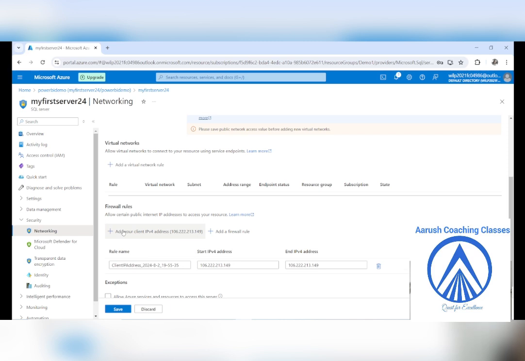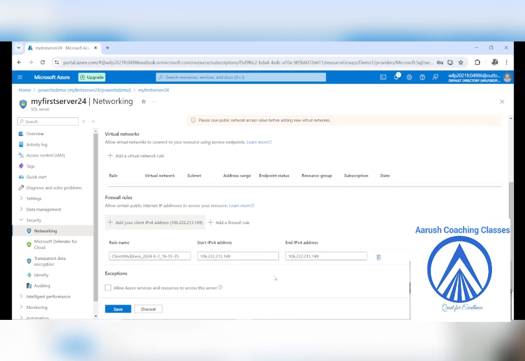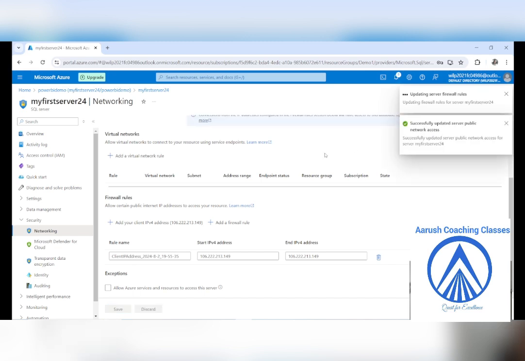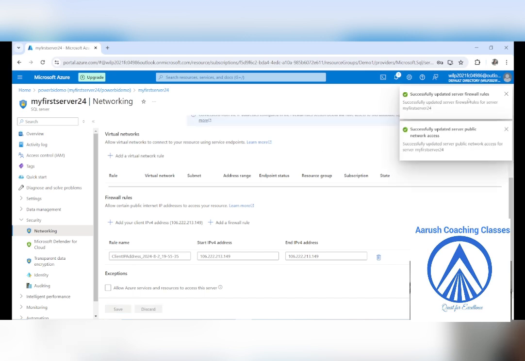As soon as you click add client IP, you will get the details here, and you just have to click on save. See, updating server public network access. So see, successfully updated server firewall rules, right?